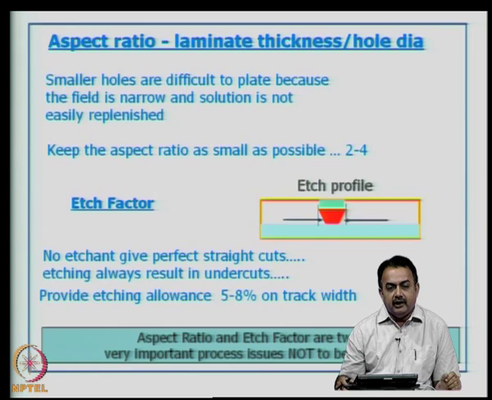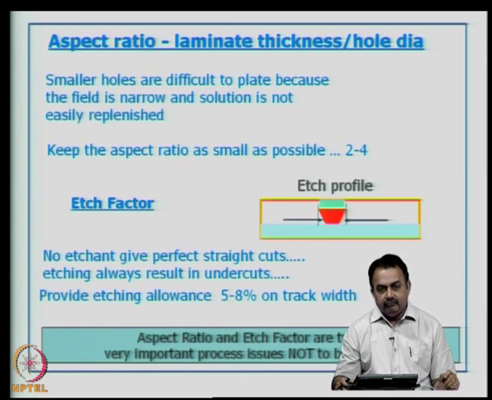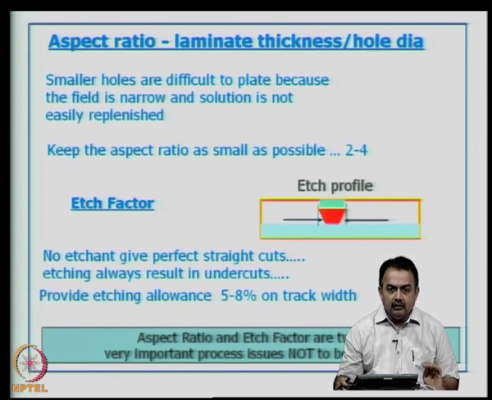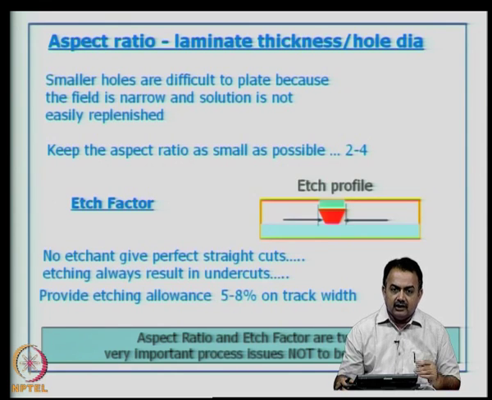Therefore, you have to provide an etching allowance of 5 to 8% on the track width. This is where I say designers will need to understand what an etch factor is, or the manufacturer can suggest to the designer that if you have kept a track, let us say at 6 mils, you can give an etching allowance of 5 to 8% on the track width, because in case the manufacturer has